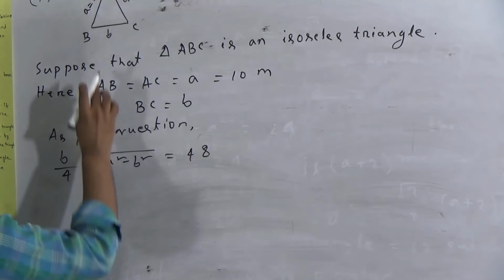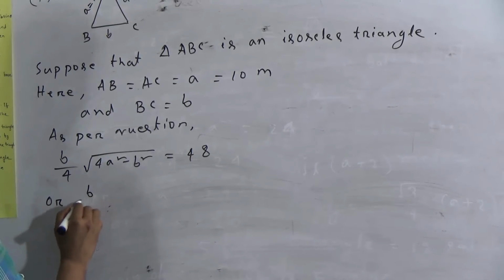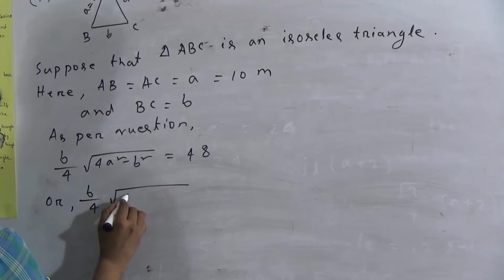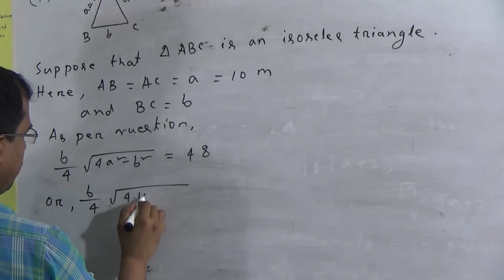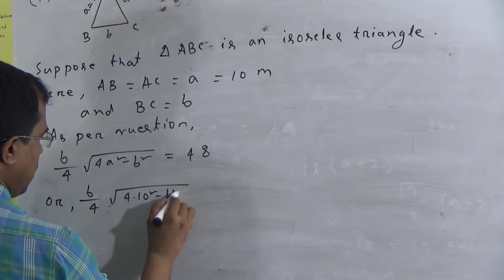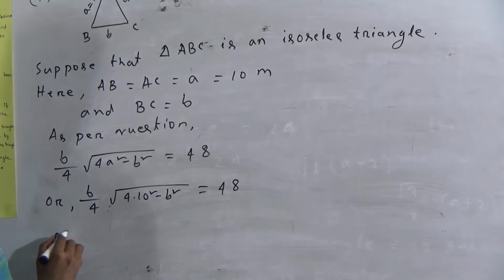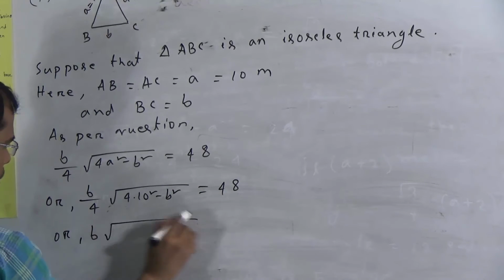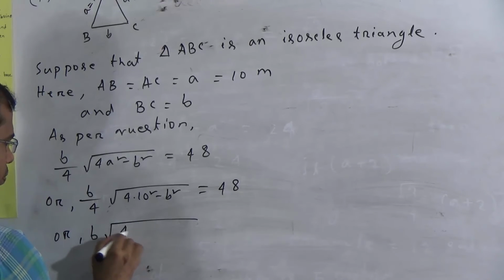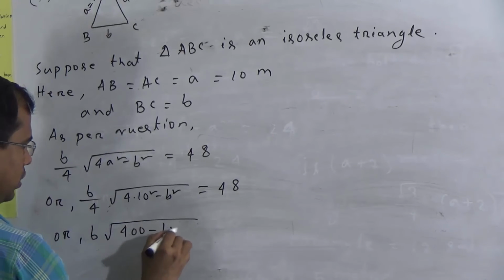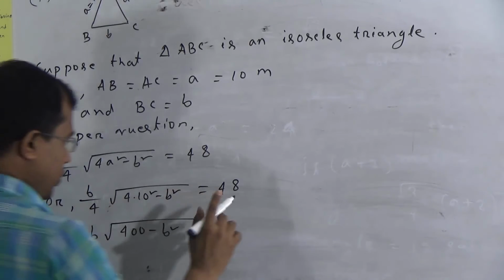Now here the value of A is given, so we will put the value of A, B by 4 root over 4 into 10 square minus B square is equal to 48, or B by 4 root over 400 minus B square, 10 square means 100 and 100 multiplied by 4 is 400. 400 minus B square is equal to, if we multiply 48 by 4, then it will be